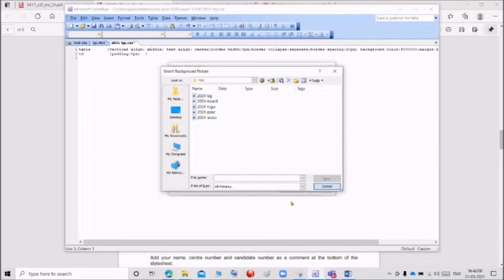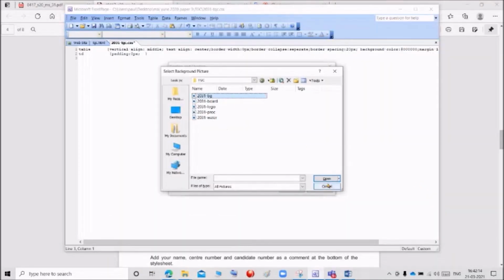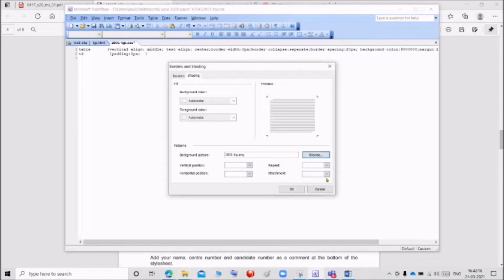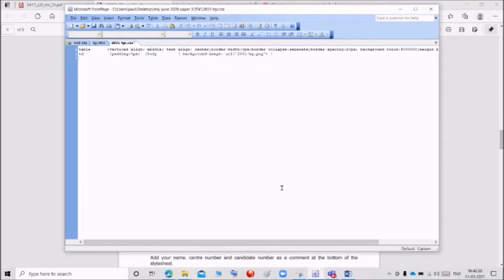They are asking BG. Select this BG and click OK. Click OK. And the body tag is open together.